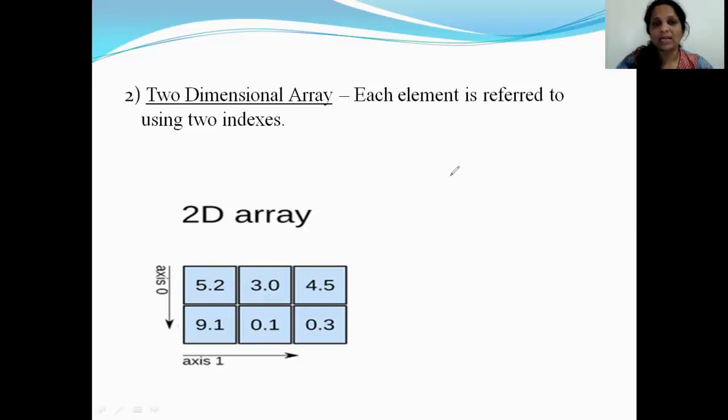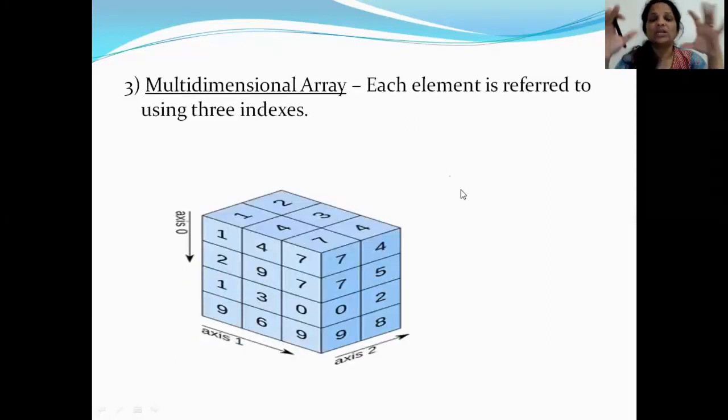We call them n-dimensional arrays, but in this specifically, I call it a three-dimensional array or a multi-dimensional array. The diagram shows you a three-dimensional array, but when you talk about a multi-dimensional array, it means anything that's more than two. From the exam point of view, you will not be referring to three-dimensional or multi-dimensional arrays at all. But if you look at this figure, doesn't it remind you of the cube or the cuboid?